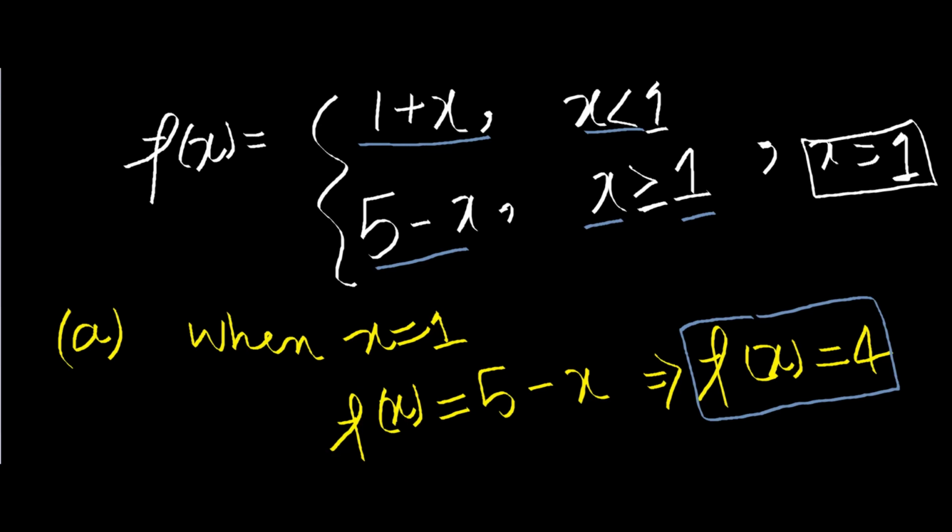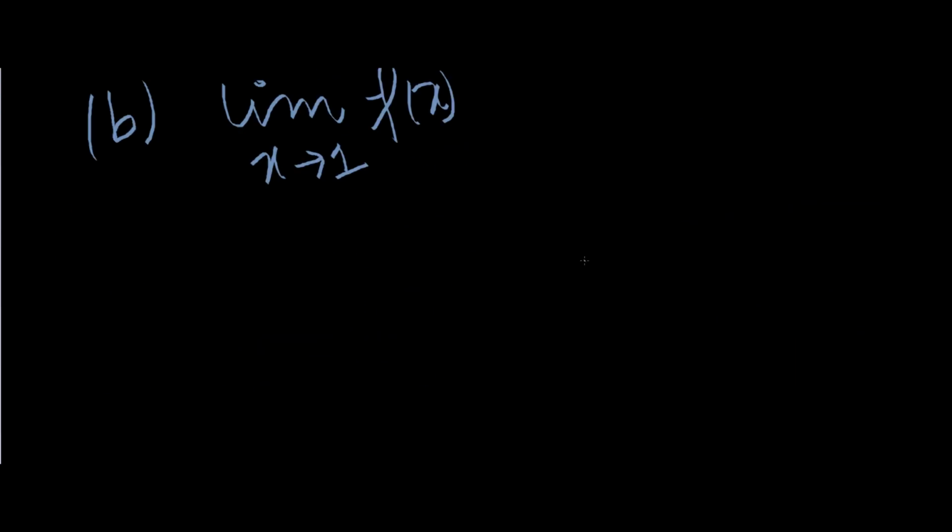Here comes the concept of the right hand limit and the left hand limit. So here I will find the right hand limit and the left hand limit. First I am going to find the right hand limit, or RHL for short. Don't be confused. What does the right hand limit mean? It means that when x approaches the constant, which is 1,